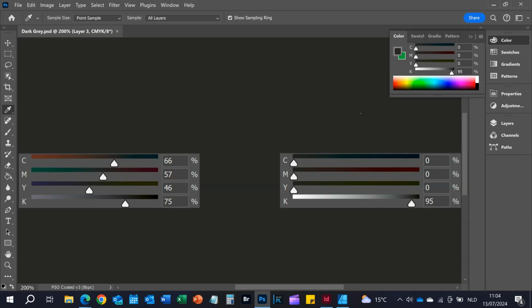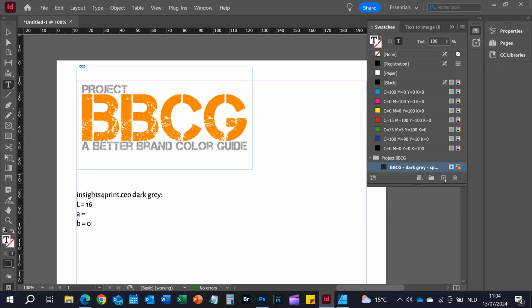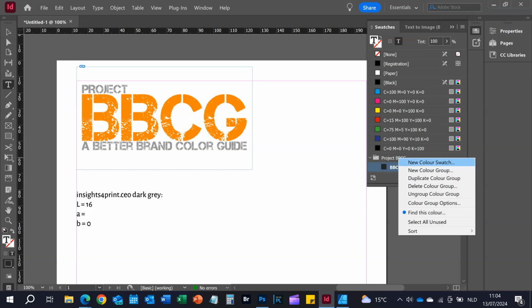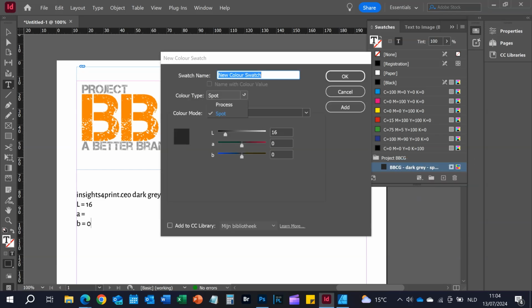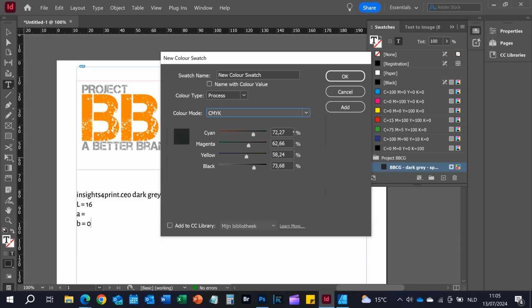Probably you neither. And this is only 95% of black. So only one channel, much easier to control. So back to InDesign. I create a new color swatch, and this is not a spot color anymore. I want a process, and I want to define my CMYK. So this was 0 0 0 95, and I call it BBCG dark gray